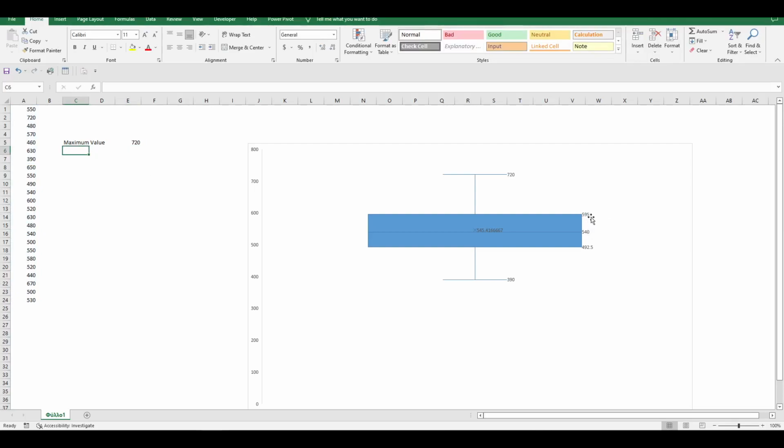Here is the third quartile, and the default option for calculating the third quartile in the box and whisker plot is the quartile exclusive function of Excel.